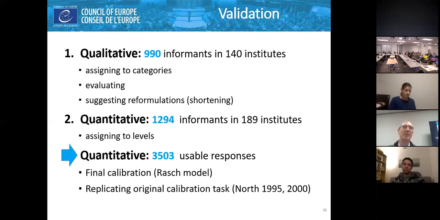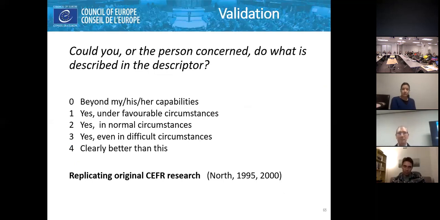Jim Lantolf and somebody, Frawley, pointed out this type of danger of this type of circular logic in relation to the actual scale back in, I think it was, 1985. So for your definitive calibration, you need to break out of this potential circularity of thinking. And therefore, in the original research, of course, this wasn't a problem because the CEFR didn't exist yet. So for the definitive calibration, it was back to the original task, which was, could you, or the person